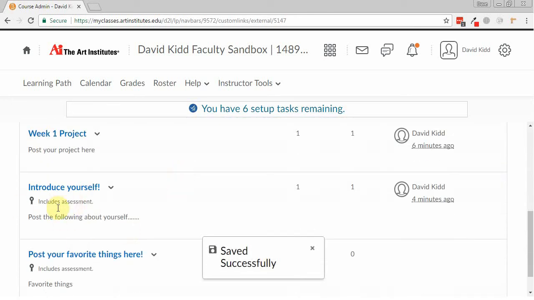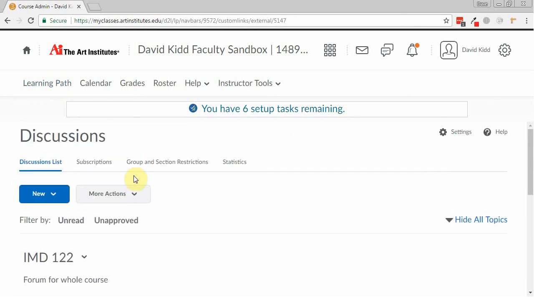Okay, now you can see that that includes assessment as well. So, like I said, my favorite way is the course builder because you can just click and drag, you do everything in one sweep, or here it's just a bunch of different clicking around, but you pick. You got the course builder, you have the discussion area, or you can do it from the learning path, either way. But anyways, hope that helped with the